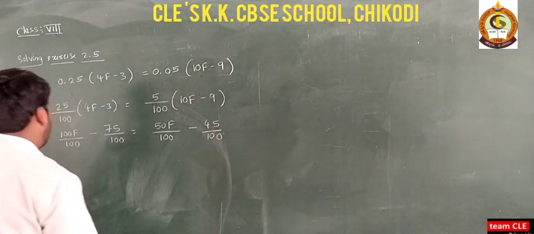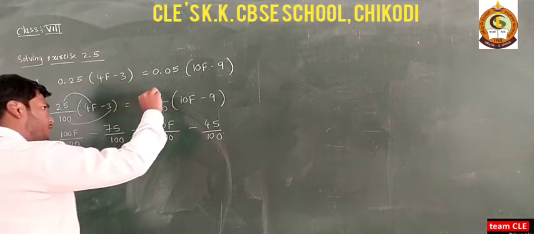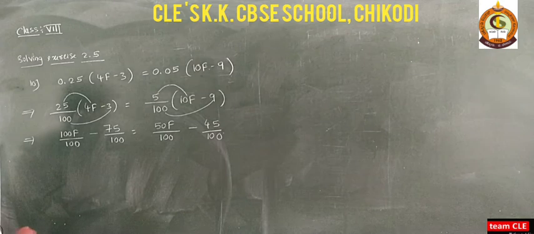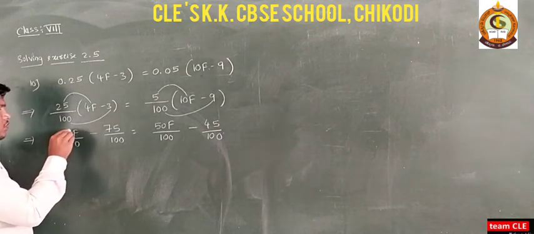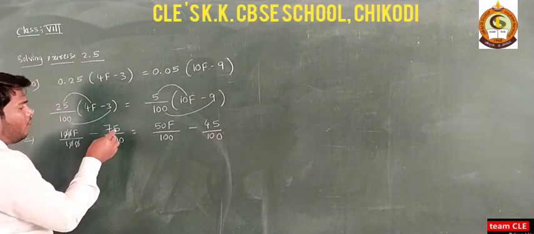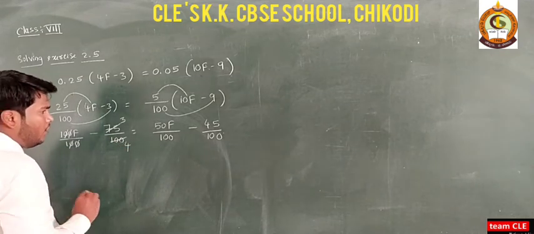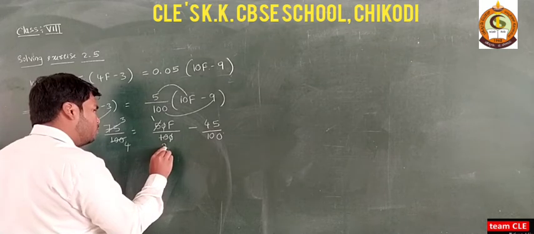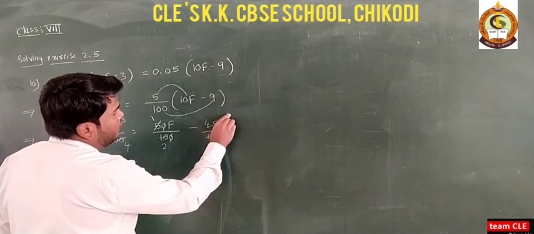Okay, so this I converted. First I multiplied 25 into 4f, then 25 into 3, then 5 by 100 into 10f, then 5 by 100 into 9. So these steps I have written. Now see, just a very simple calculation. These 20 get cancelled. First make the simplest form. This is 25 3s are, this is 25 4s are. Similarly the 0 0 get cancelled. This is 5 1s are, 5 2s are. Similarly this is 5 20s are, and this is 5 9s are.